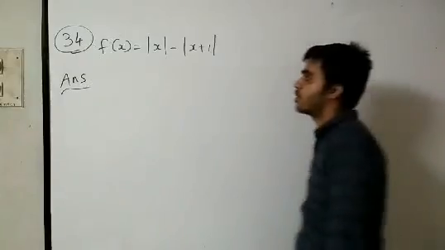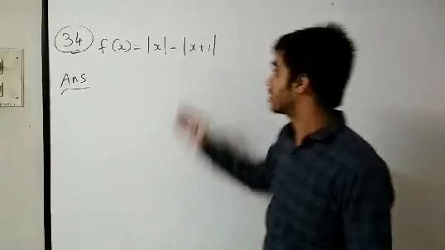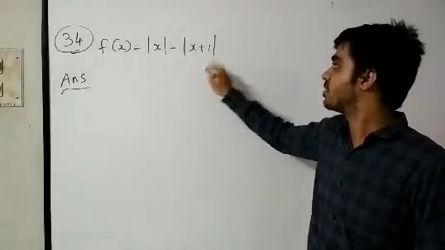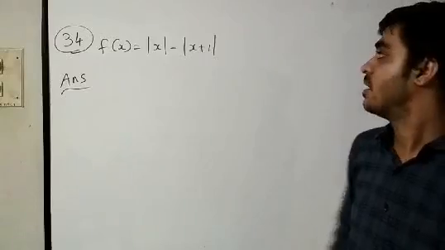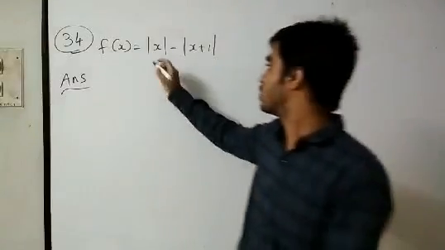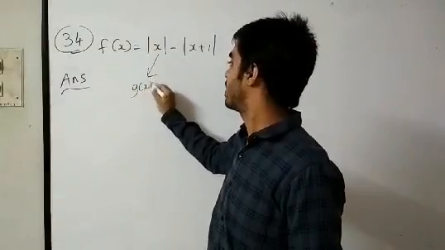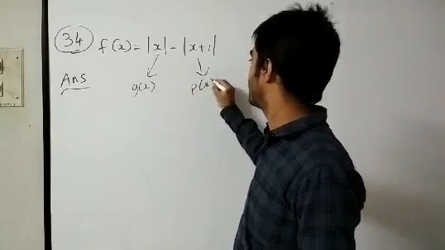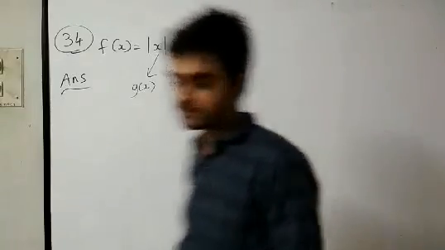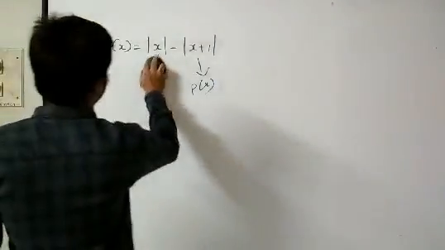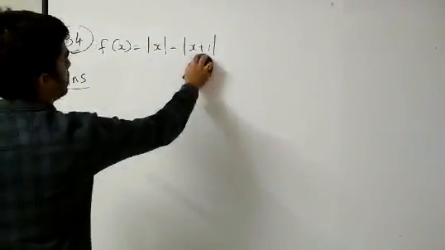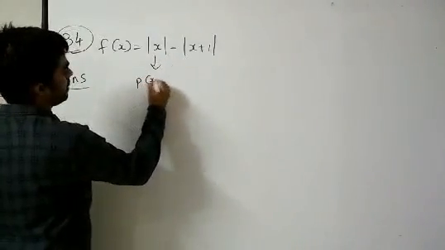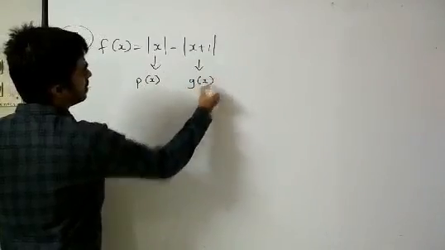चलो तो कैसे फाइंड करेंगे all the points of discontinuity? आपको क्या लग रहा है कि ये फंक्शन कौन से पॉइंट पर डिसकंटिन्यूअस होगा? देखो इसको ऐसा नहीं कर सकते, मॉड्यूलस x माइनस मॉड्यूलस x प्लस 1 को x को कैंसिल नहीं कर सकते. What we can do? We can separate f of x. इसे एक फंक्शन लेते हैं that is p of x और इसे लेते हैं g of x. Now we are going to put the value, let this be p of x and let this be g of x. ठीक है.